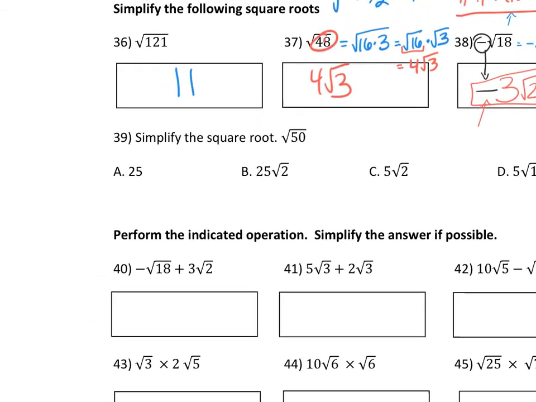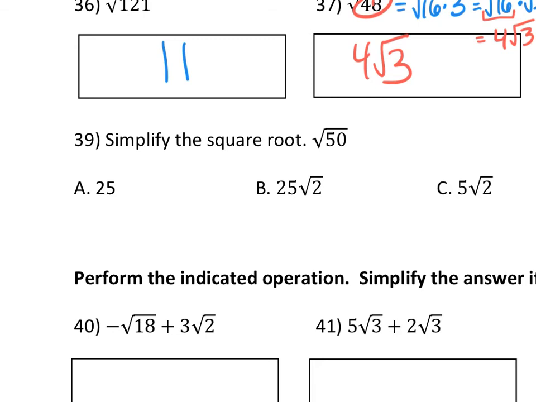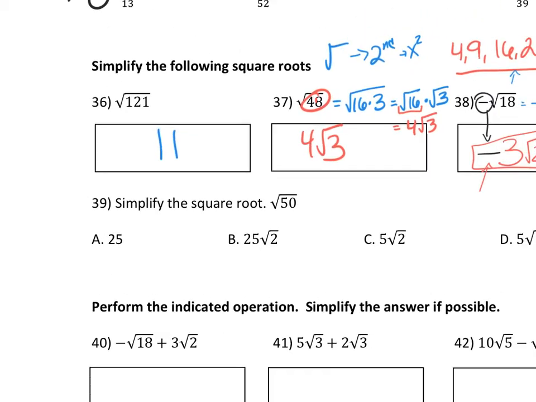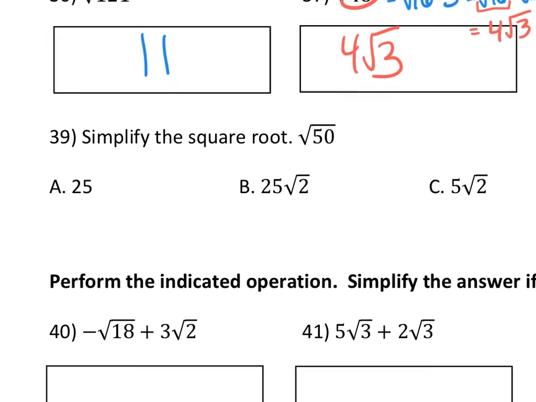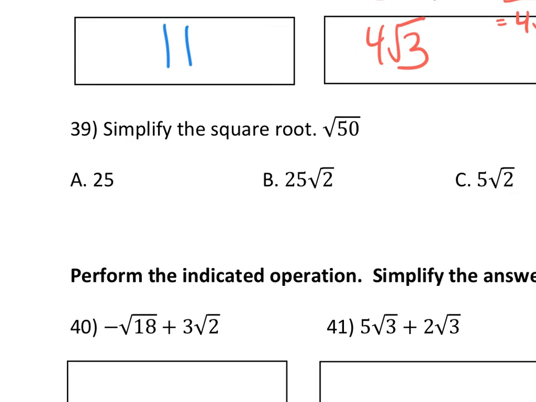All right, 39, square root of 50. So just try it in your calculator. Square root of 50 gives you a decimal, so we need to simplify. We need to find a perfect square that can go into 50. Just start going through the line. Try your division, see which ones give you a nice number. And it turns out 25 is a perfect square that can go into 50, so we can split that up